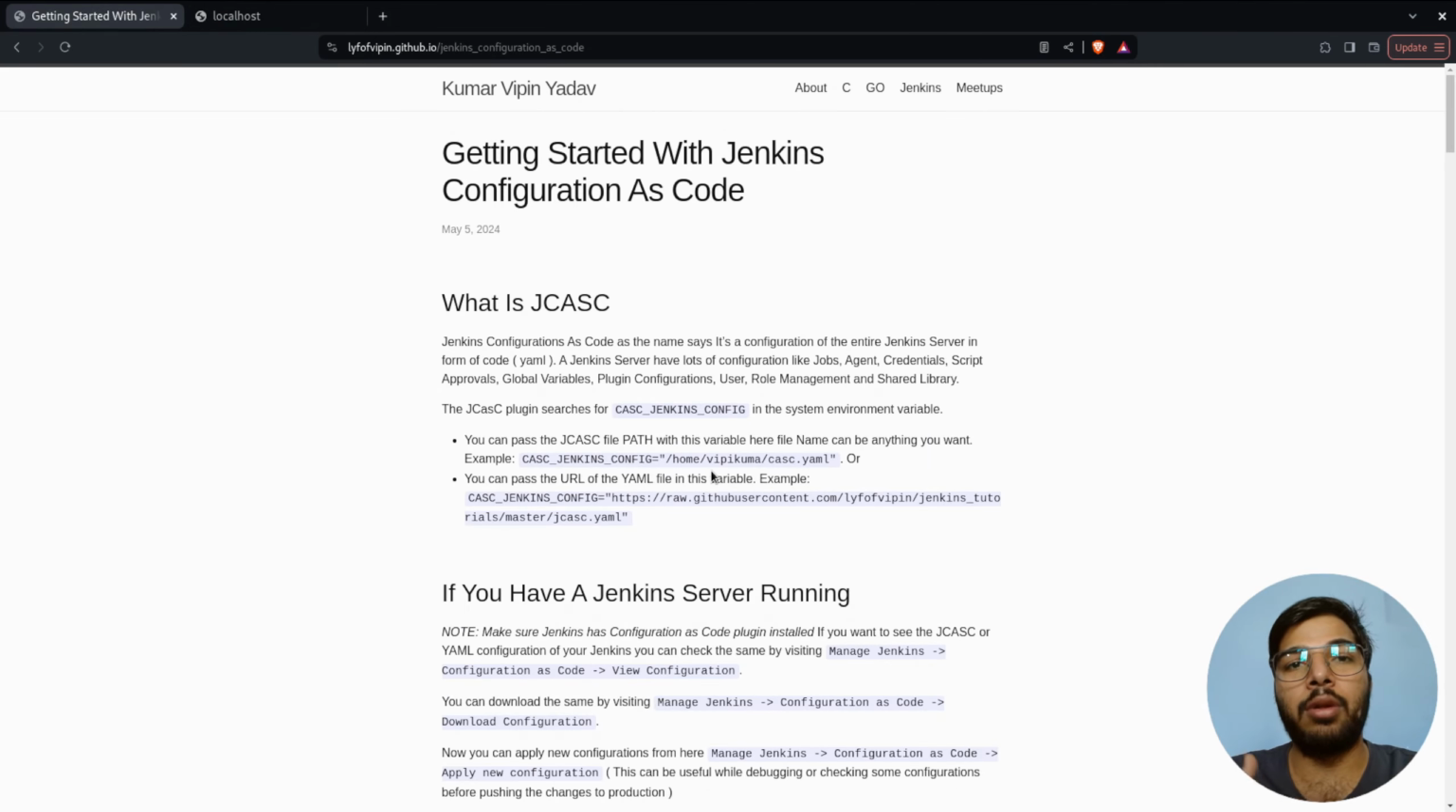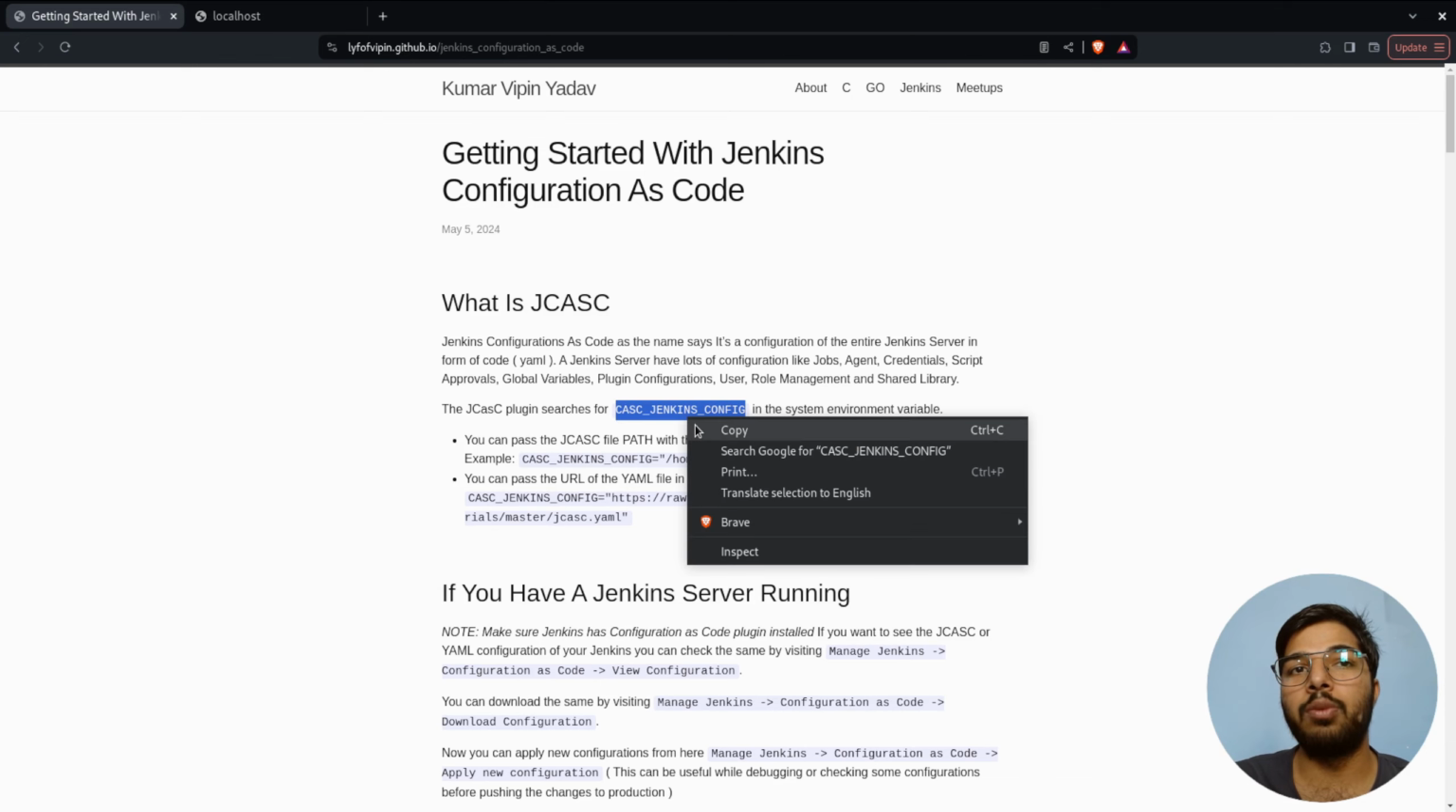So when the Jenkins server starts, it already looks for all the plugins inside the Jenkins home directory, and then it looks for the plugins directory inside that. If it has any existing HPI file present there, it will load those plugins for us first, and then it will start Jenkins. So if we have the JCASC configuration plugin set up there, it will look for this variable named